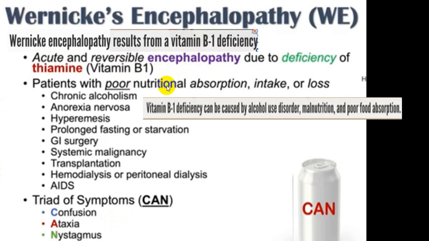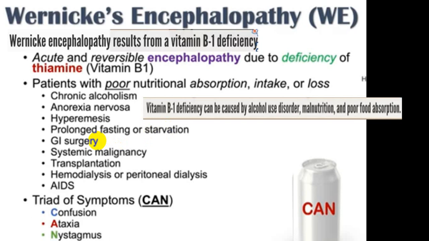And the most common cause is poor nutritional absorption, poor intake, or poor loss, meaning excessive loss. Very classical in case of chronic alcoholics, poor intake in case of anorexia nervosa, intake as well as loss in case of hyperemesis gravidarum, fasting, prolonged starvation. If a person has undergone GI surgery in the form of major small bowel resection,